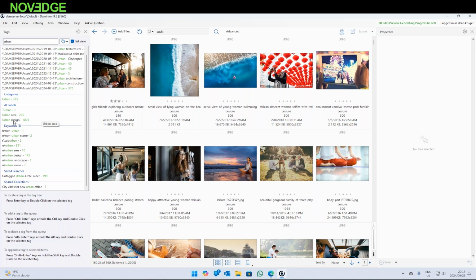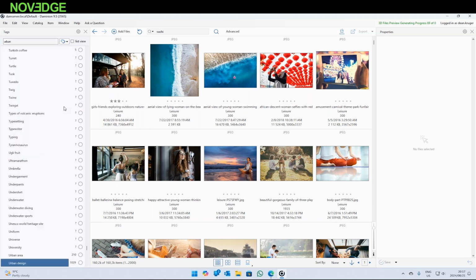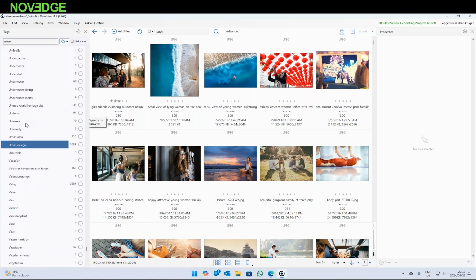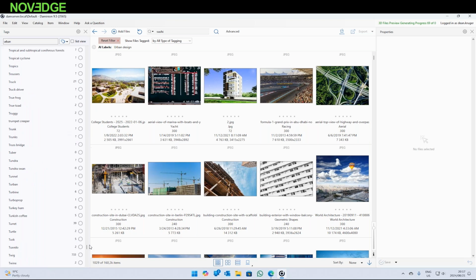So let's go to this AI label here, urban design. I'm going to double click that, and then that is going to scan through the taxonomy, and it'll select it for me in a second. So if I scroll down in the list, you'll see that's where urban design is. So we select that. And now let's just go right back to the top of this list, because we are